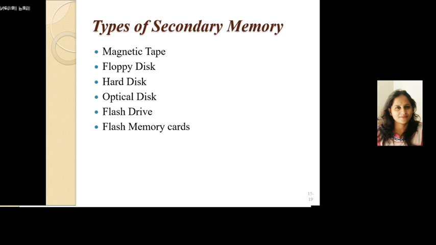Okay. Now next is flash drive. A flash drive is a small external storage device, typically the size of a human thumb, that consists of flash memory. USB flash drives are removable and rewritable, reading and writing to flash memory. They are a solid state storage medium that is both inexpensive and durable.